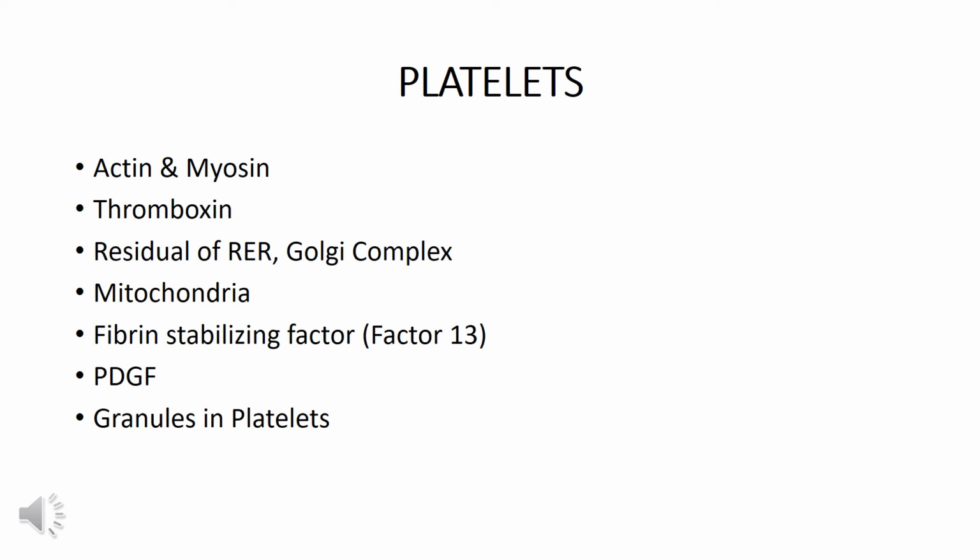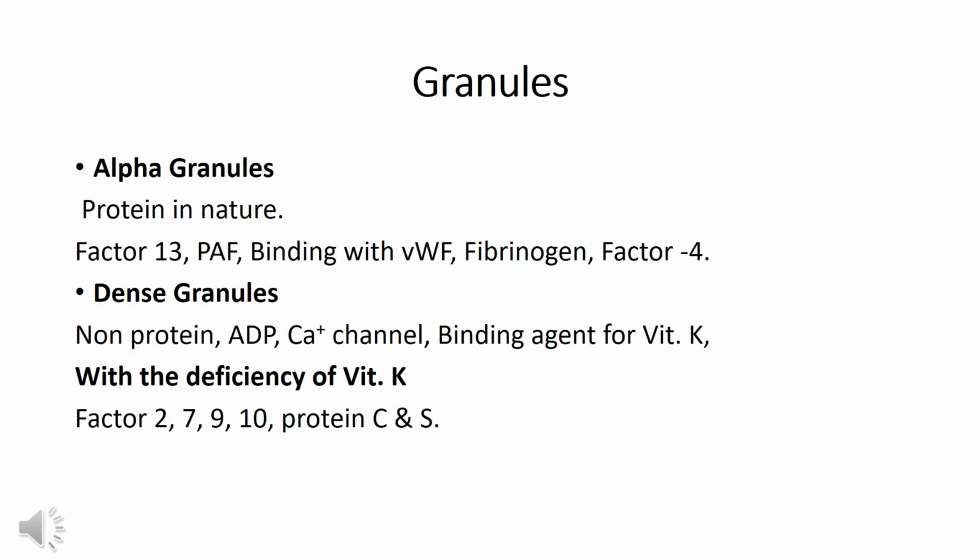There are two types of granules present in the platelets, and they are very important granules. In many other cells granules are also present: neutrophils are granulated, with many granules inside them, and the same in basophils. Now we are going to discuss granules. There are usually two types of granules present in the cytoplasm of the platelet.